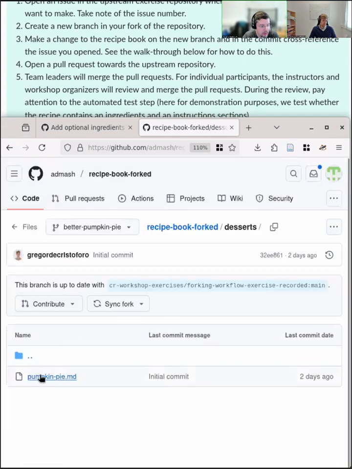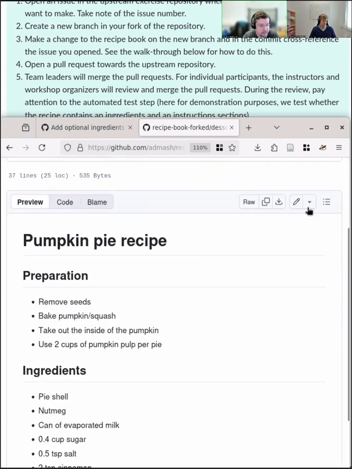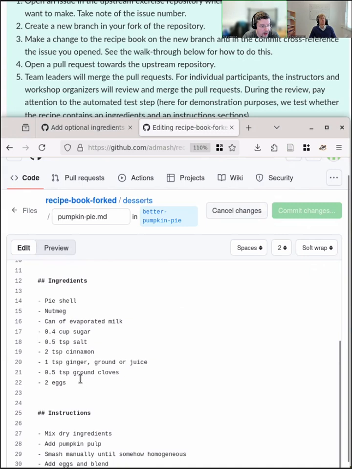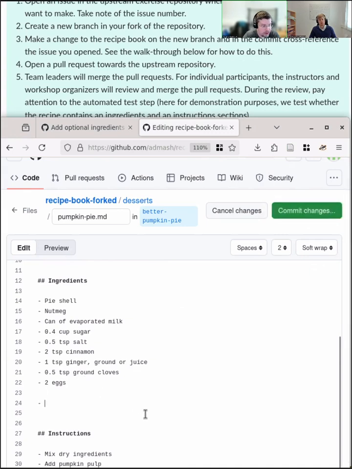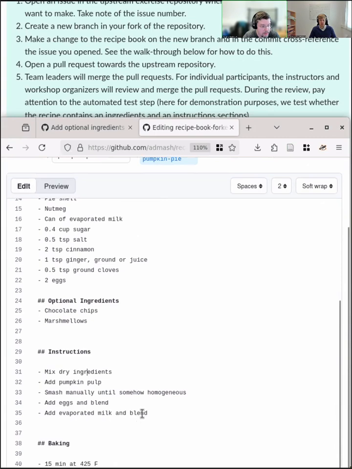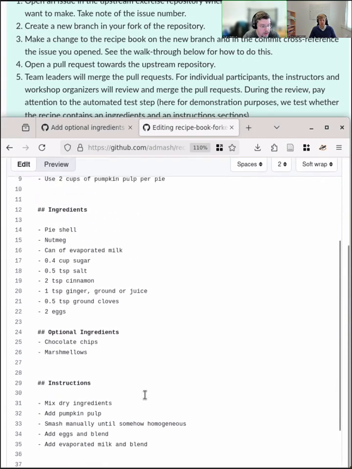Desserts, pumpkin pie. And so I want some optional ingredients. Chocolate chips or marshmallows. Okay, and we can throw in, yeah, okay.